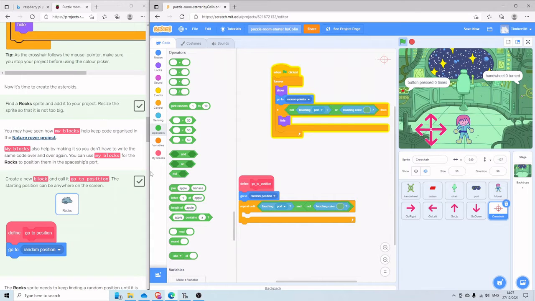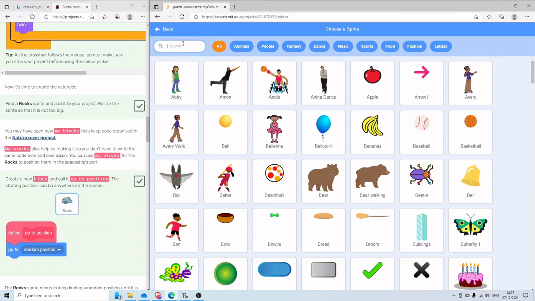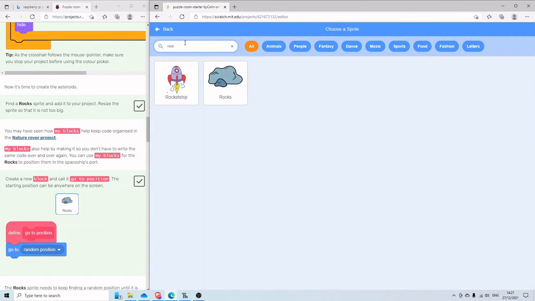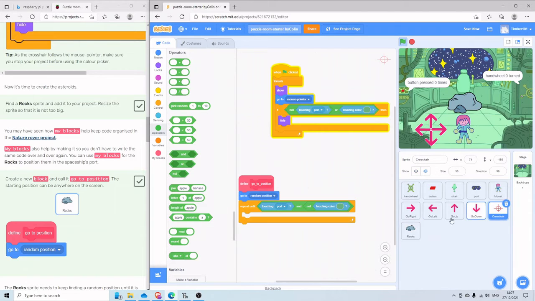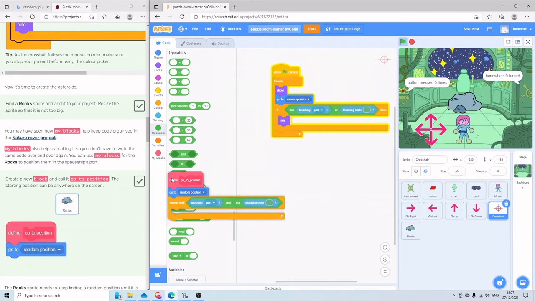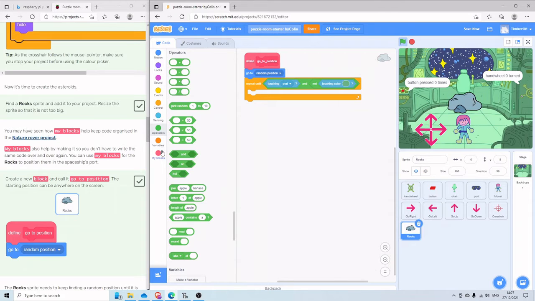Find a rock. We didn't read the instructions. Go and get a rock. There we go. Right, now that I've got my rock, if I go back to my crosshair, I'm going to drag that code there and park it on the rock, and then get rid of that there because we don't want it on there. My rock's a little bit on the big side. So let's reduce its size to